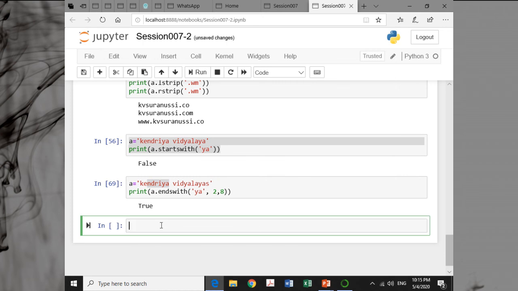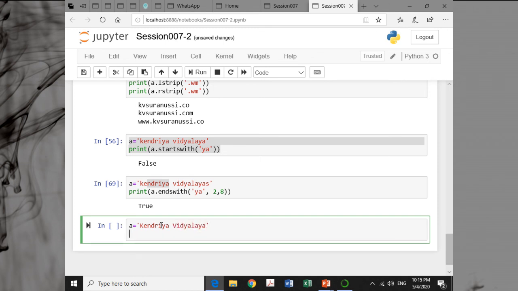So find is used to search a particular string. Say A is equal to, again the same example I am taking, Kendriya Vidyalaya, and suppose we want to find, so we are saying print A dot find. What exactly you want to find?